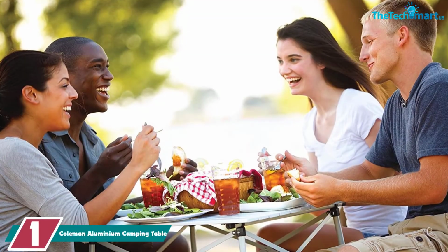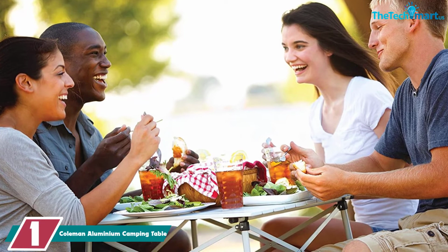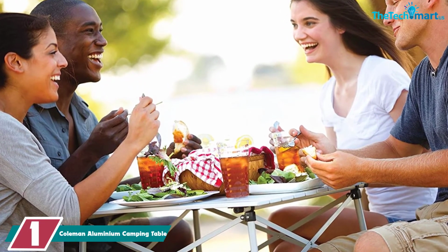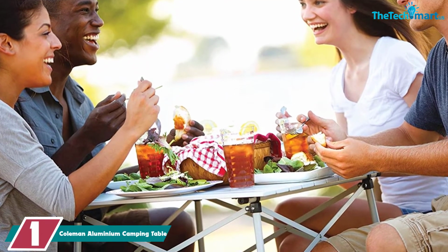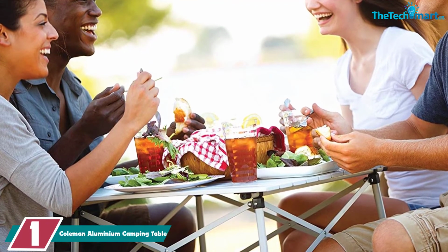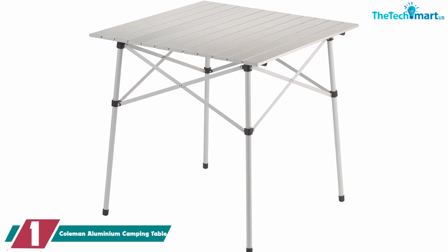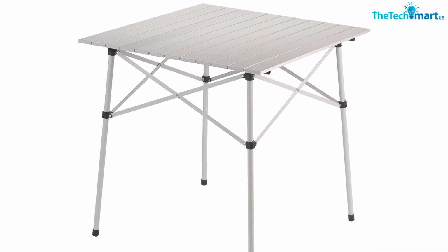And finally at number 1, we have the Coleman Aluminum Camping Table. This sturdy table is constructed of a snap-together aluminum frame that takes seconds to assemble. The countertop itself is made of aluminum slats that are rolled up for storage and travel purposes but take no time to unravel. Once unrolled, simply insert 2 rods for rigidity, and, hey presto, you have a solid all-aluminum table